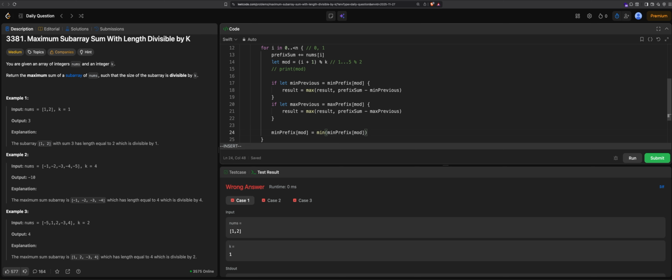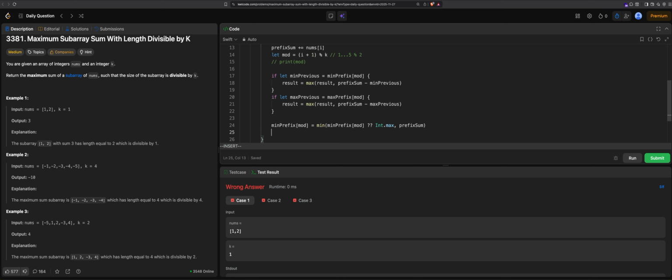So we could say the minimum prefix of mod could be the negative, let's call Integer.MAX, and then with the prefix sum,